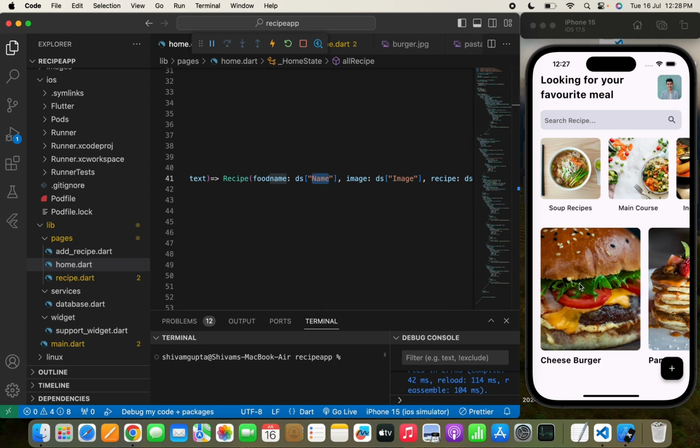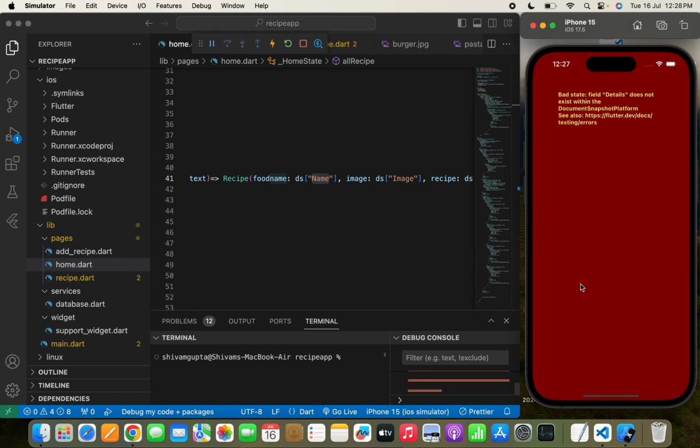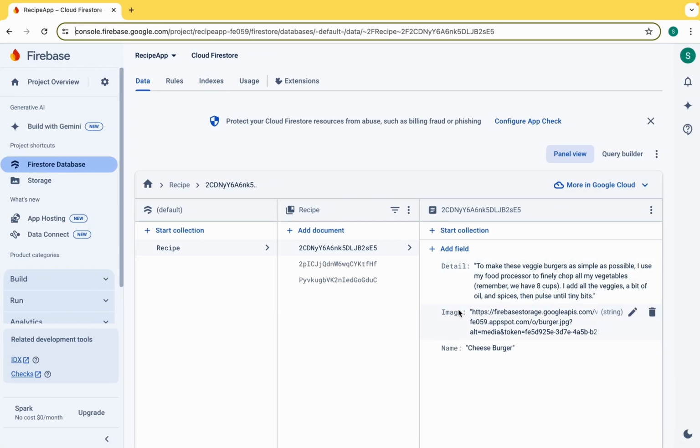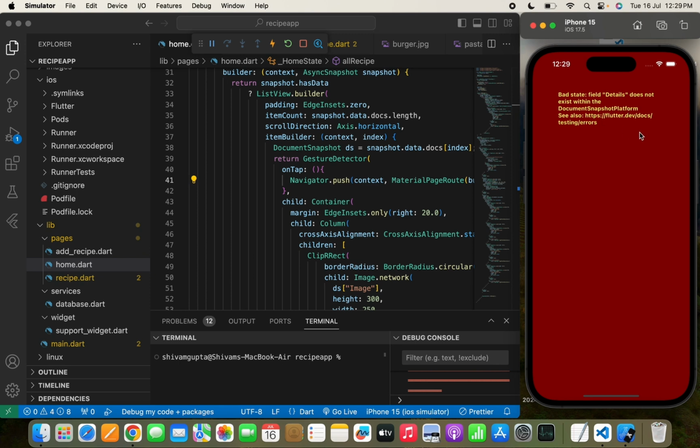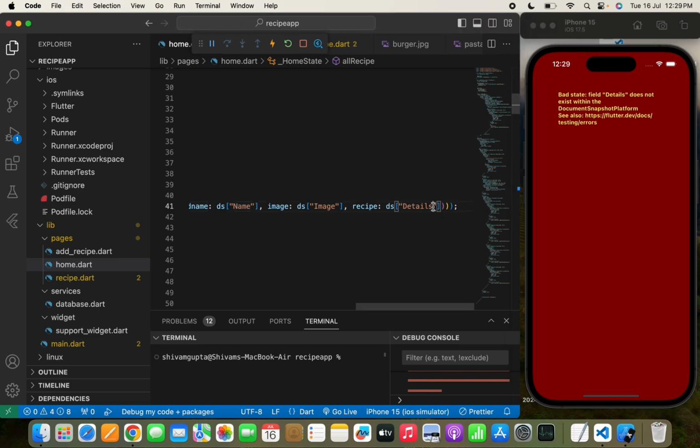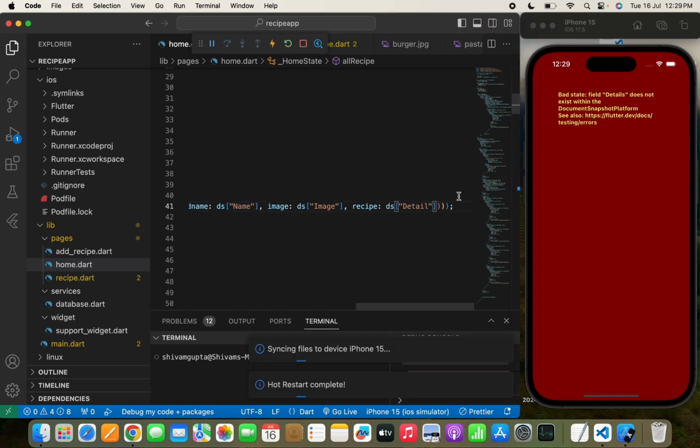Now let's tap on this recipe, and here you can see that details does not exist. So I think we have made some spelling problem. So let's check the Firebase. So let's move to the Firebase. As I was telling you, the field name should be exact. Here you can see that we have written details, and here it is written just detail. So you can see that by just adding an s, we get an error that it can't read a field name. So we need to change details to detail, and let's hot restart it again,